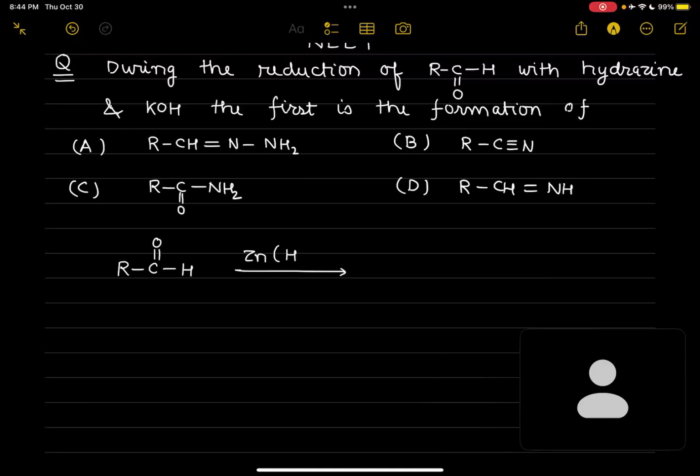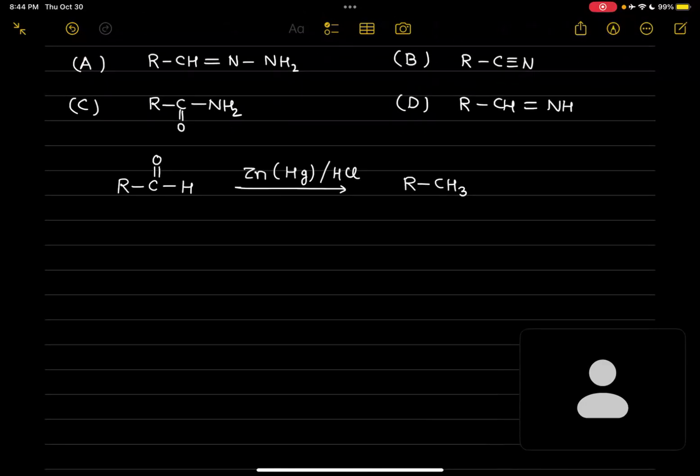One is Clemmensen reduction, which uses zinc amalgam and HCl, the acidic medium, and aldehydes and ketones are completely reduced. Or the other method